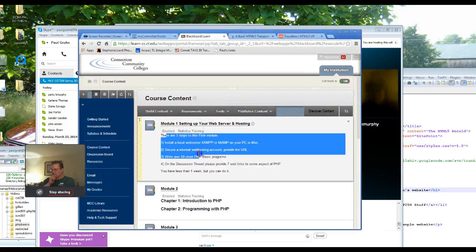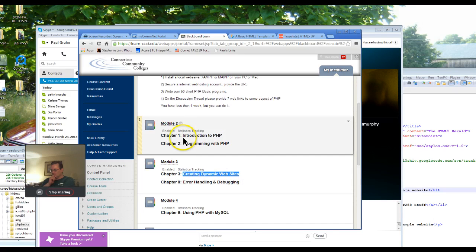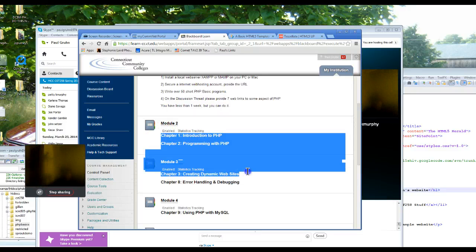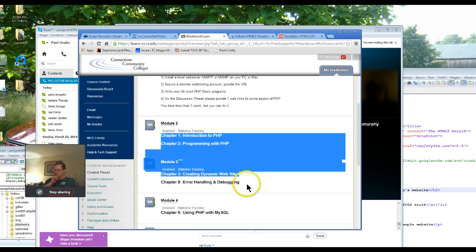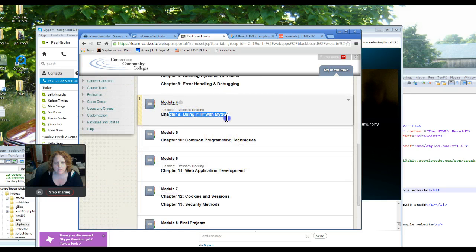So get module one, get module two. I'm almost thinking next time around that chapter three might be a part of module two. So right here, this is where I'd be working, at chapters 1, 2, and 3, and those are the first set of goals, and then chapter 8,